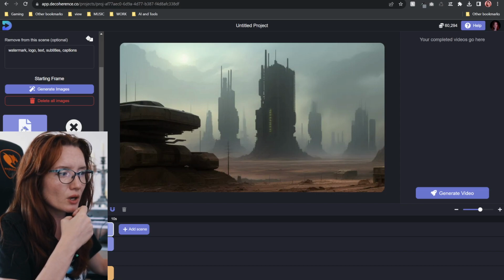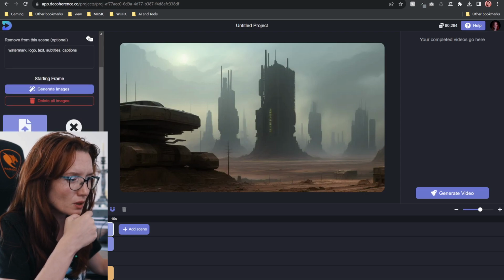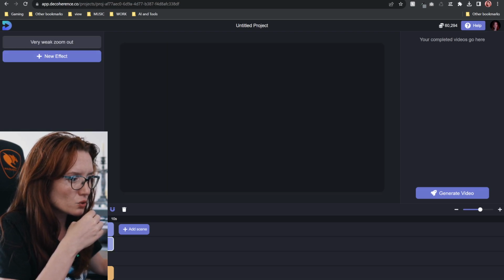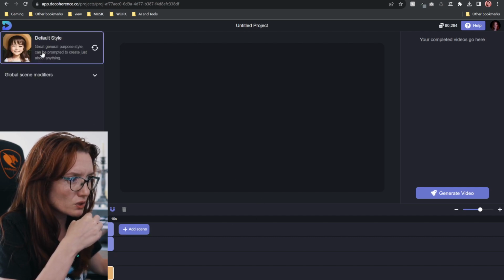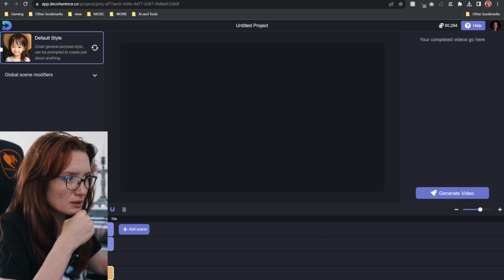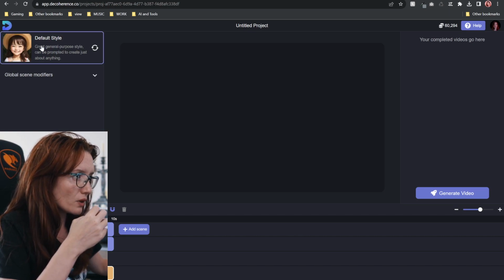As I thought, you can import your image to start with if you don't want to go with the prompting. Very weak zoom out. I wonder how this is going to look like. Global default. So this is the default style that is ever changing, ever evolving, similar to what we had on one of the